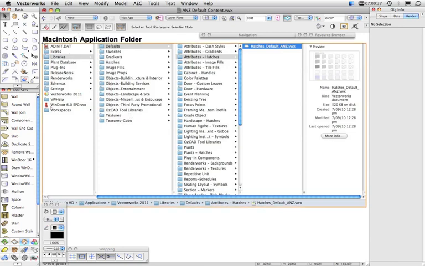Okay, so again, here's the application folder, and we've got Defaults, Attribute Hatches, and that's the hatch file there. If you put any more files containing hatches in this folder, then those will also appear in the list here. If you remove any hatches, then you'll remove them from the list, any hatches from this file. You'll see that there's